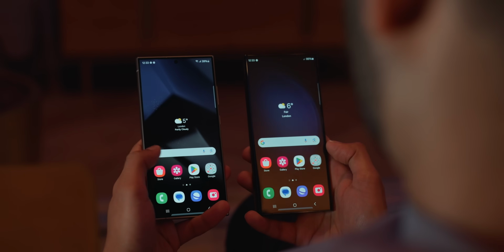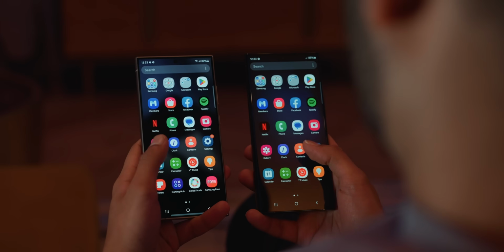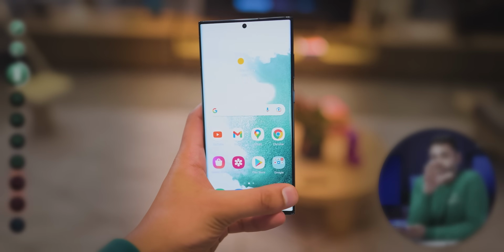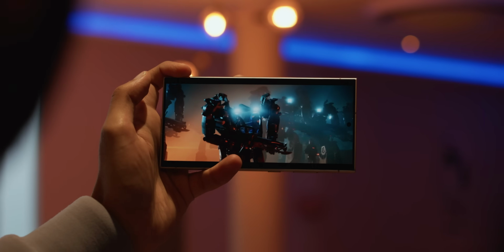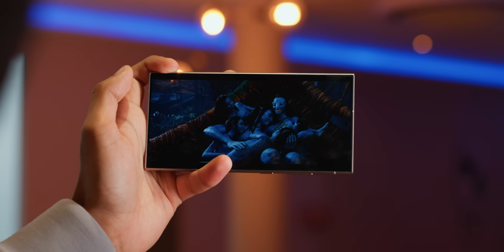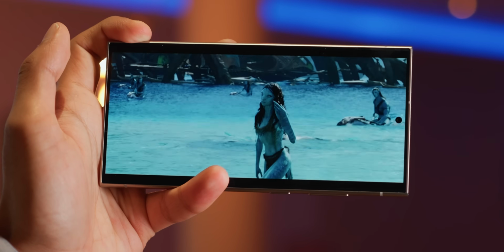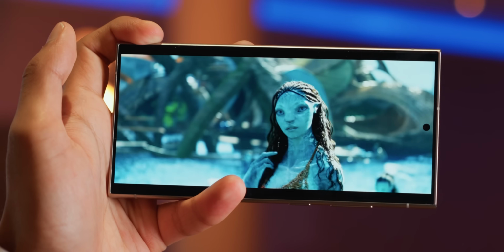more noticeably, brightness. Before it topped out at 1750 nits, which already to me felt absurdly bright and very able to hold its own in direct sun, now it is 2600. I don't even know what to say about this one, but cool. I have a feeling we'll be seeing a lot of extreme brightness phone screens this year, mostly so that you can not just see your screen, but also preserve the high contrast, high dynamic range experience, even if you're in